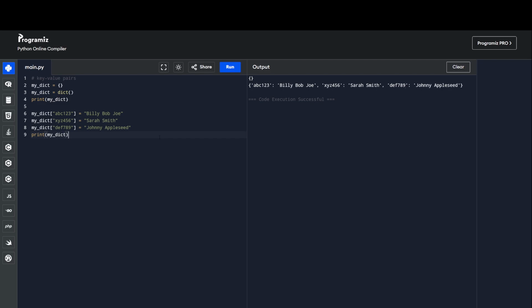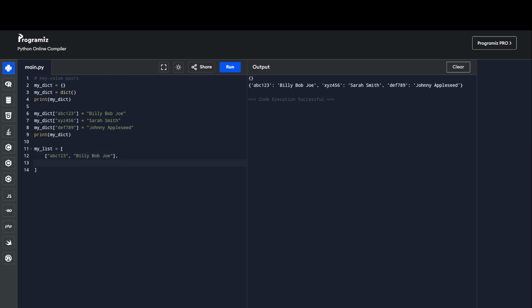Let's first see how we would do this in a list format. If we were to store these user IDs and usernames in a list, right? So I'll say my list, we'll create a 2D list here, a list of lists. We'll have ABC123 and then Billy Bob Joe,